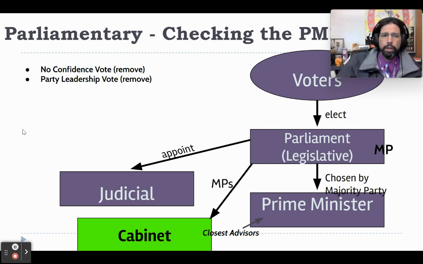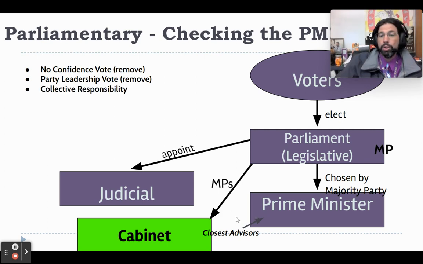Number two is the party leadership vote. What if within the party they're not going to actually remove them, but they're going to say, you have lost the confidence of the party and we recommend strongly that you resign. Please get out. This is something you might see before a no confidence vote. It's just like, dude, you should really go. Like, we don't like you anymore. Usually you will see a lot of cabinet ministers resign, and it makes the prime minister look really bad.